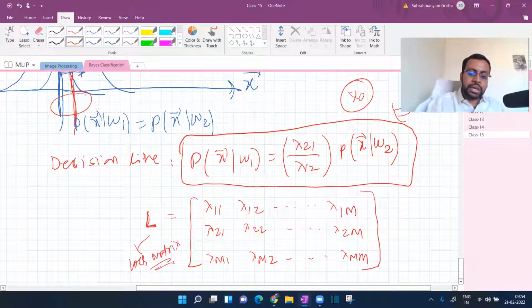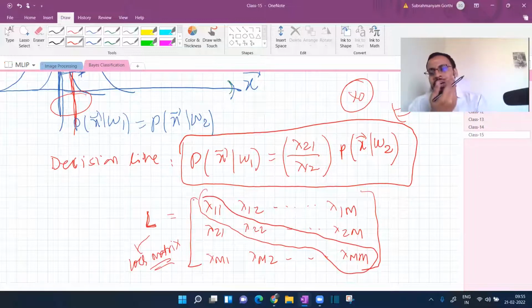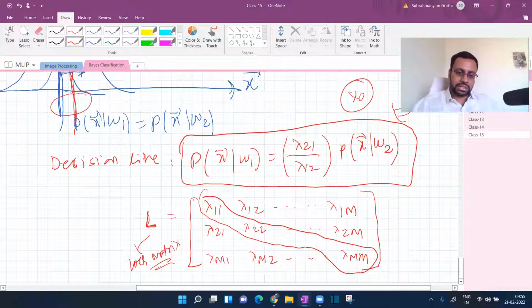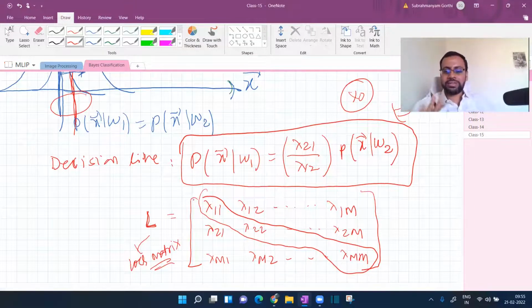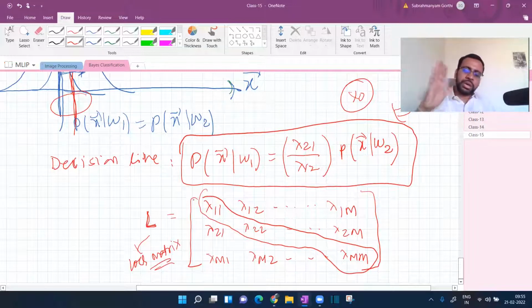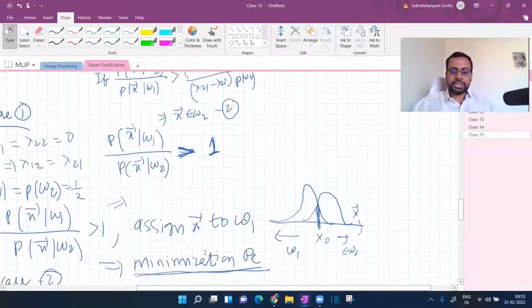And typically all your diagonal elements are equal to 0. Right. You will not penalize if they are correctly classified. It's similar to something you see in a confusion matrix and other things. Okay, this is the loss matrix. For convenience, you are still keeping those variables so that your notations and summations, when you write, are easier. So we not only derived now the general expression, that's what we did, region-wise integration of the penalty expression,